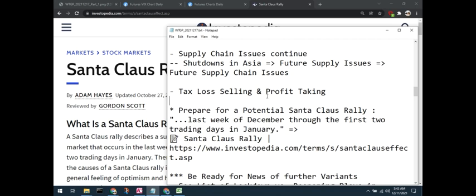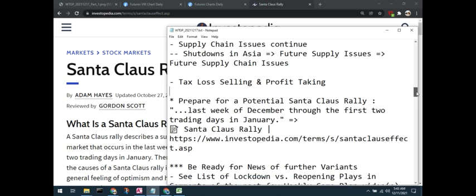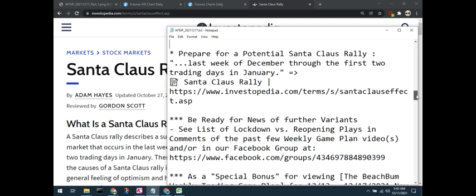So it's important this week to have your shopping list ready. Be prepared to buy those value stocks that hit bottom due to this downward pressure, and hopefully ride them up through the Santa Claus rally into the end of December and the first part of next year. So again, we'll talk about the Santa Claus rally more next week, but this is the week to prepare and buy those things that are going to benefit from the Santa Claus rally the following week.